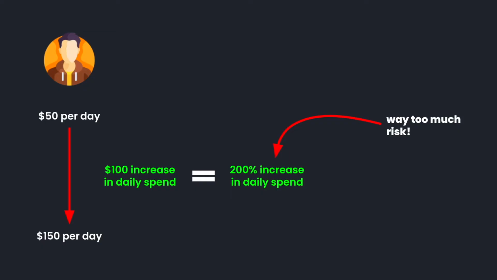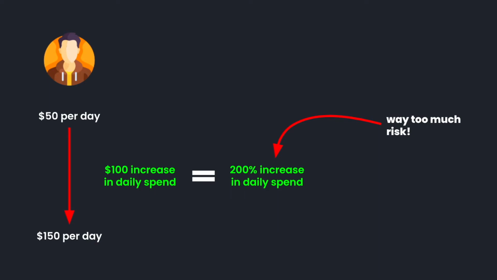In order for you to better understand how to properly use vertical scaling, let's take a look at another example. So Alex scales his campaign in one day from $50 to $150, which is an increase of 200%. And he did this by simply editing the budget of his campaign. This is a form of vertical scaling that provides too much risk, and therefore I would never do this, to avoid the scenario that Alex encountered in this example.